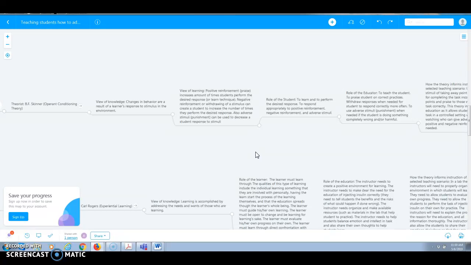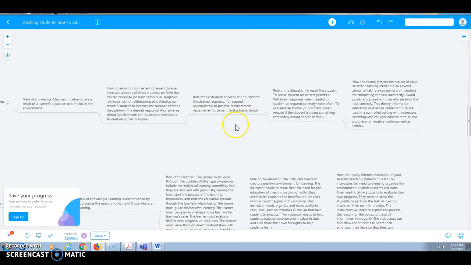That's usually not a learning theory that you want to use, right? Because you're going to have your students focused on getting positive reinforcement and staying away from punishment, but I want you to think about what that does to the ability to learn. Our students that are trying to avoid punishment and seek reward in an educational environment, are they going to be willing to take chances? Are they going to be willing to investigate and interrogate new ideas? So that can be a downfall of this theory.